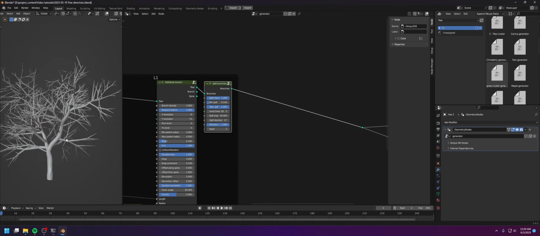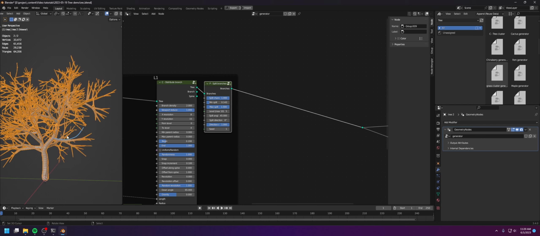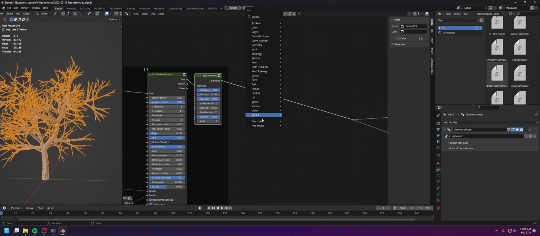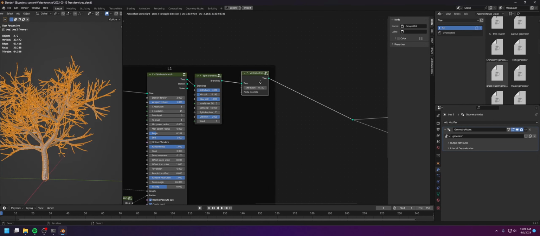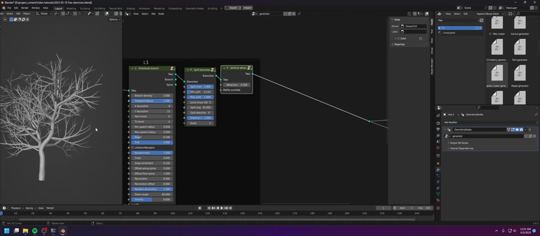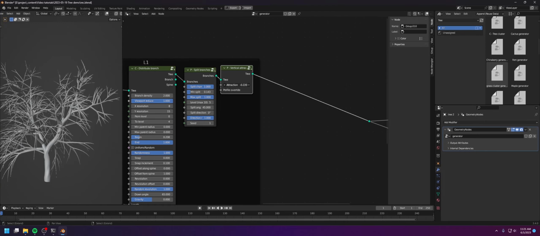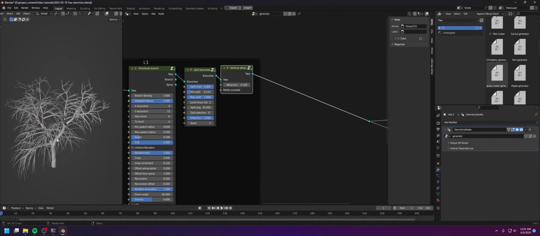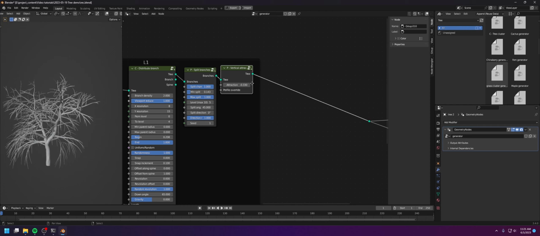And next we want these branches to have a curve to the sky like that. So we have one node for that, which is the vertical attraction. And if we set this to something higher than 0, we will have the branch pointing to the sky. And if we set this to something lower than 0, the branches will point to the ground. So let me set this to